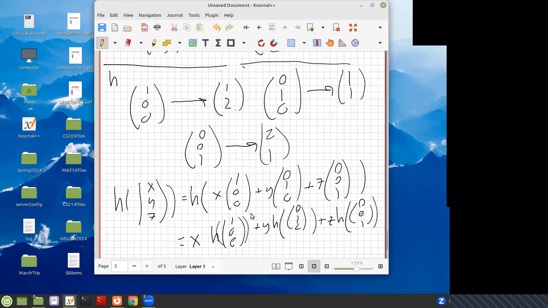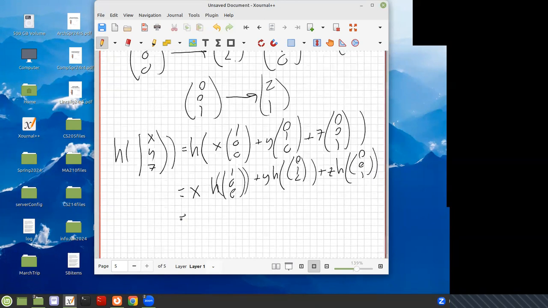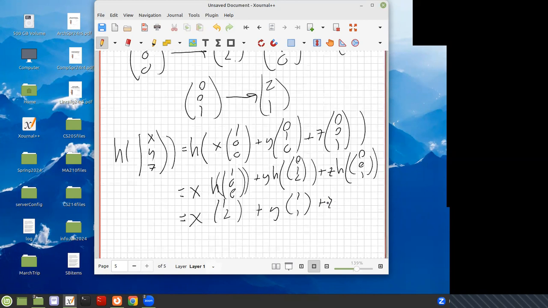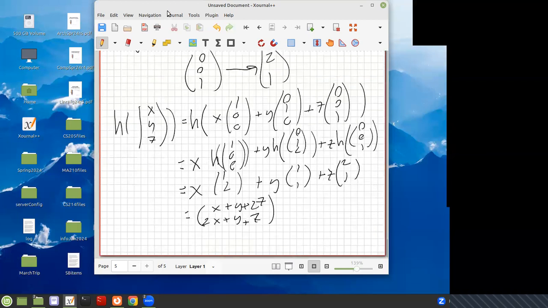And then because I know the basis action, I can say this is equal to x times 1, 2 plus y times 1, 1 plus z times 2, 1, which equals adding up the terms x plus y plus 2z on the top and 2x plus y plus z on the bottom, and I have the general formula for the map,